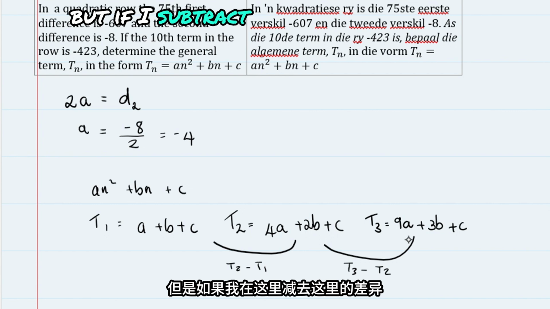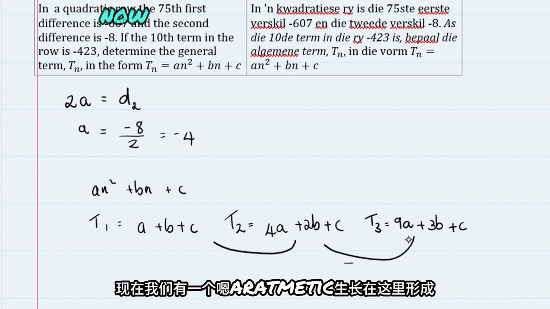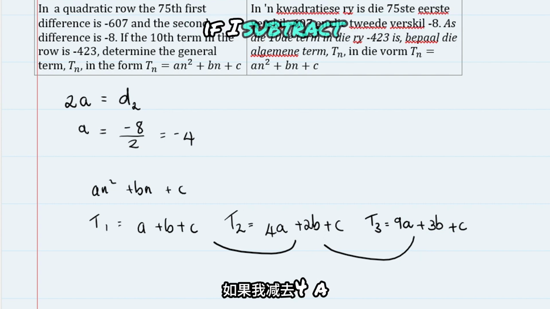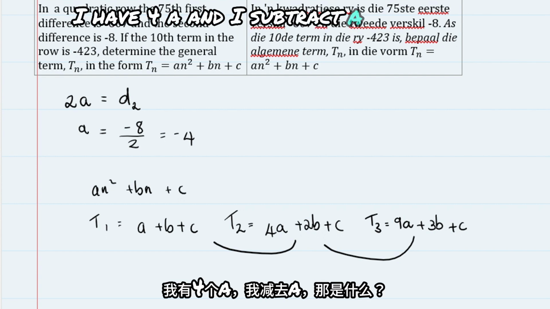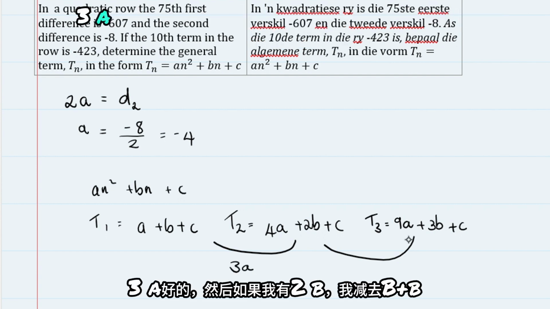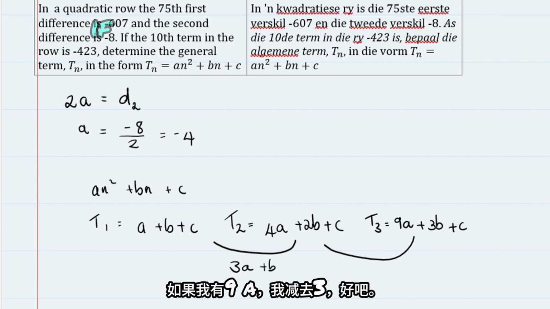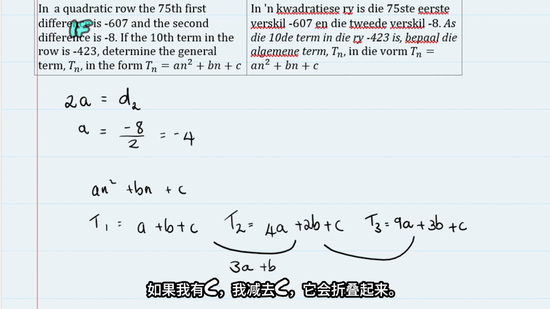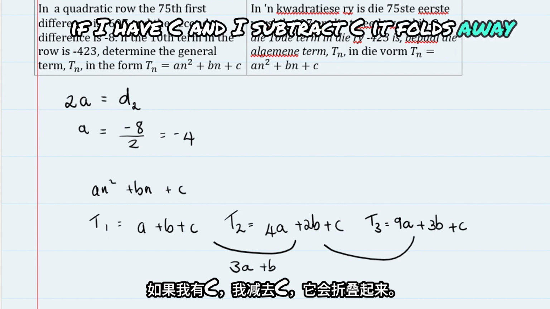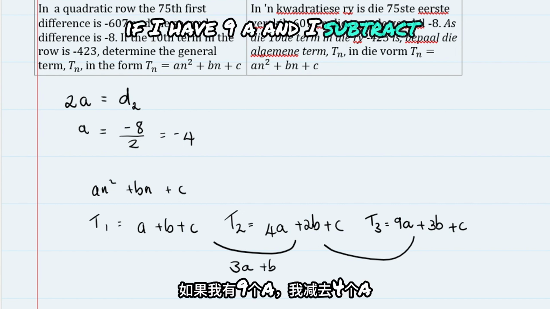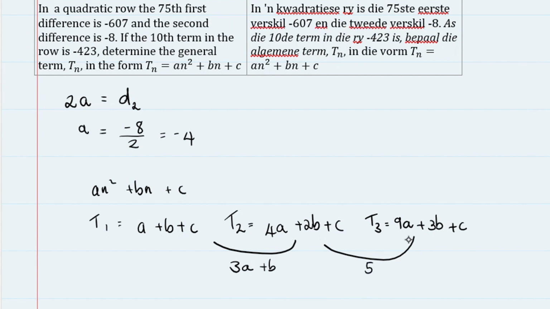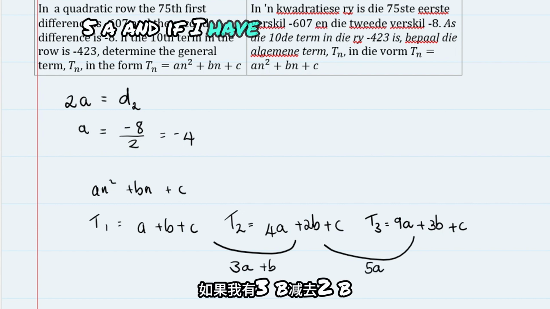If I subtract here, we now have an arithmetic row forming. So what is the difference if I have 4A and I subtract A? That is going to be 3A. And then if I have 2B and I subtract B, plus B. Sorry, I forgot about the C: if I have C and I subtract C, it falls away. If I have 9A and I subtract 4A, what am I left with? 5A. And if I have 3B and I subtract 2B,